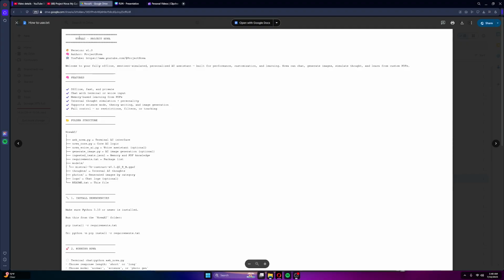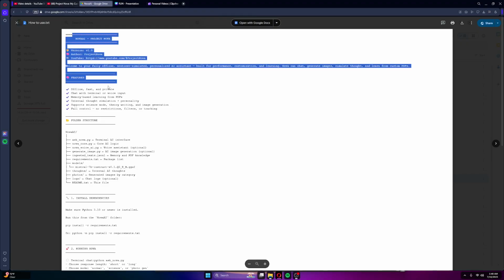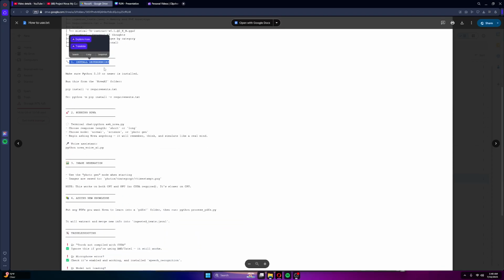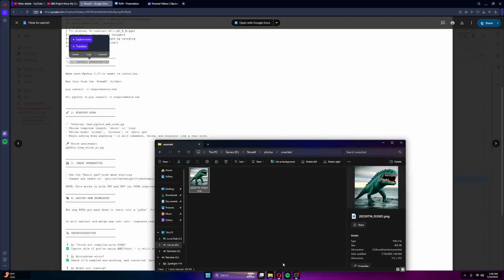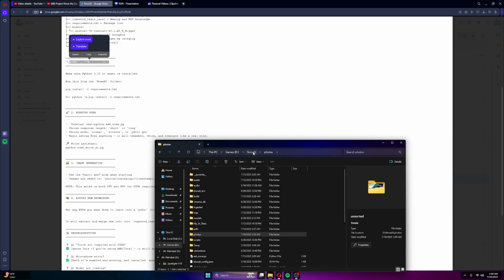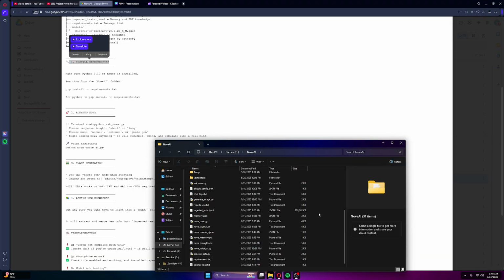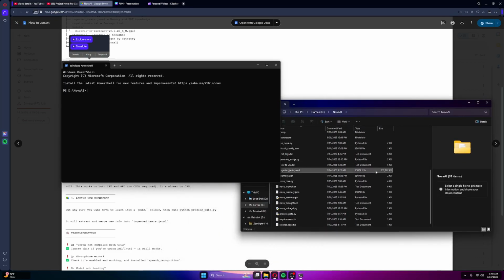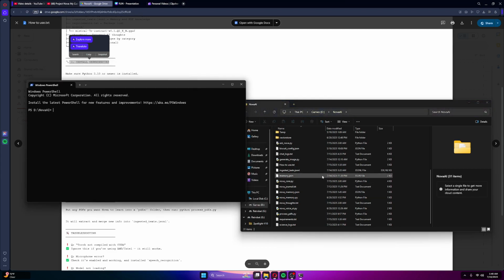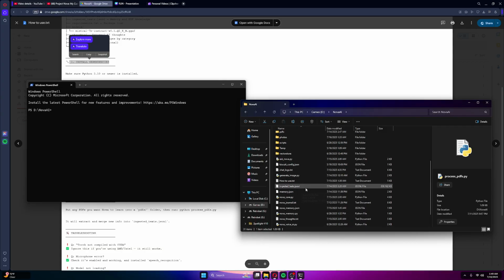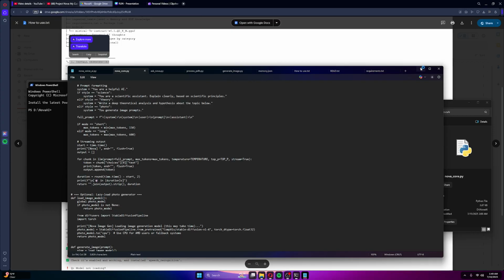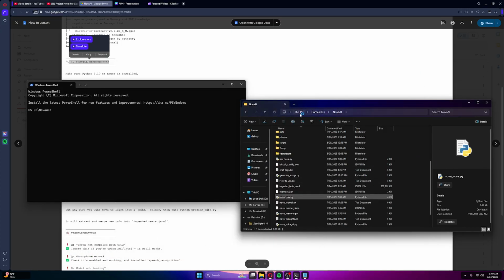So this is it. This is Project Nova. Here are all the features, all that other stuff. So here's how you install the dependencies. So say you would go into here. You'd open your terminal. So actually, before you do any of this, you'd have to go into Nova Core. You would have to edit, and then wherever you have this saved at, you'd have to put it at, say,